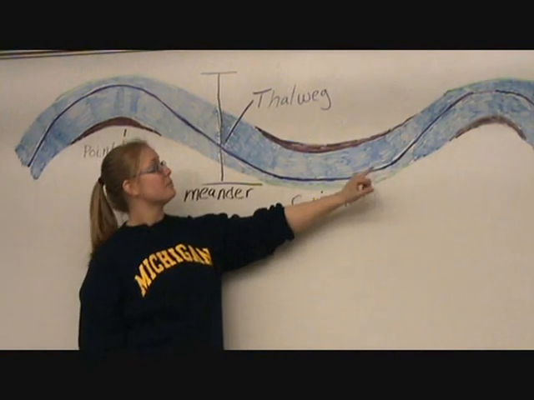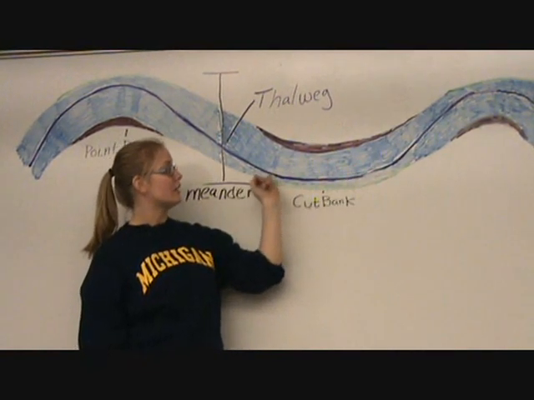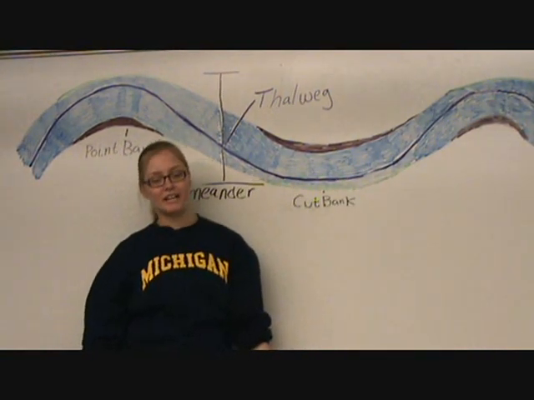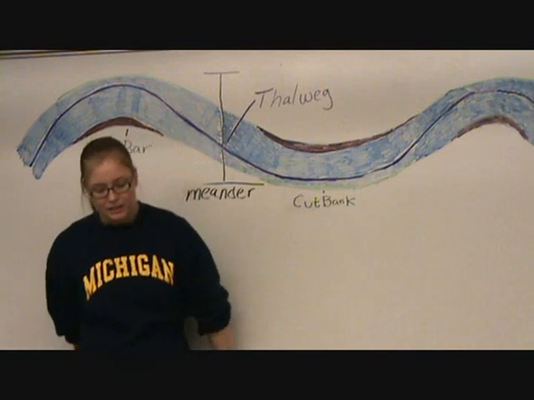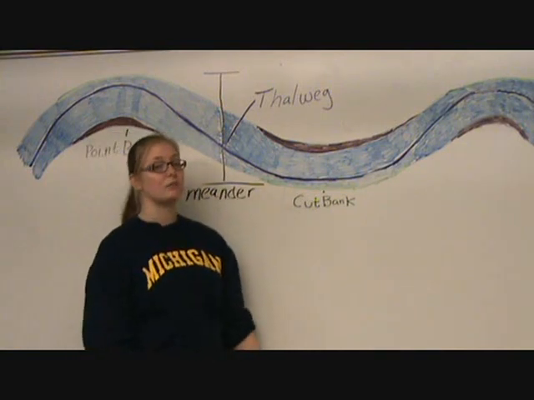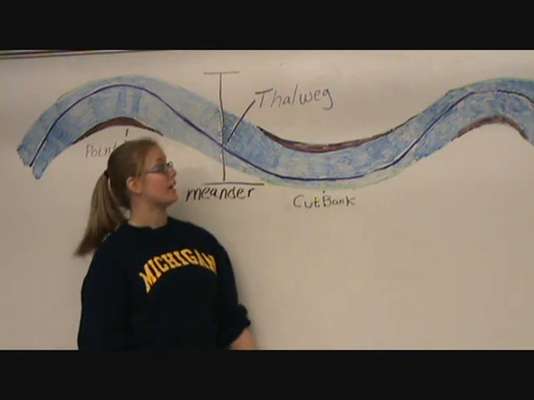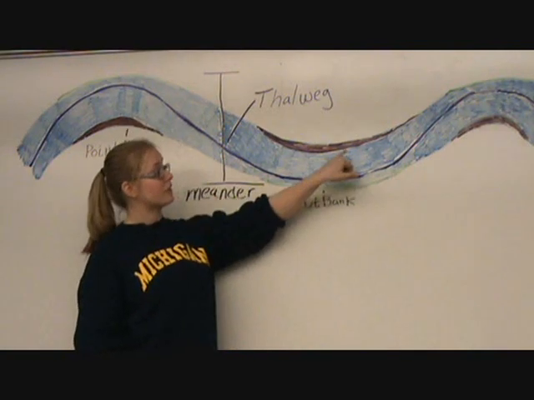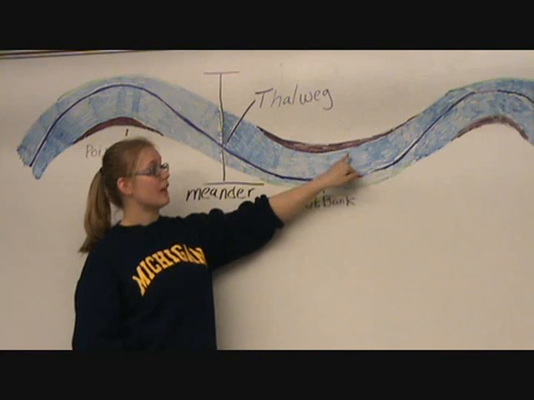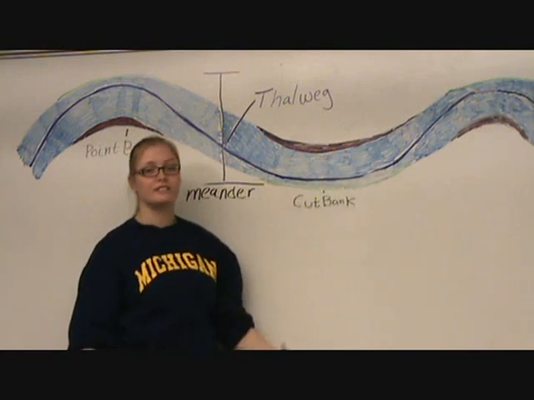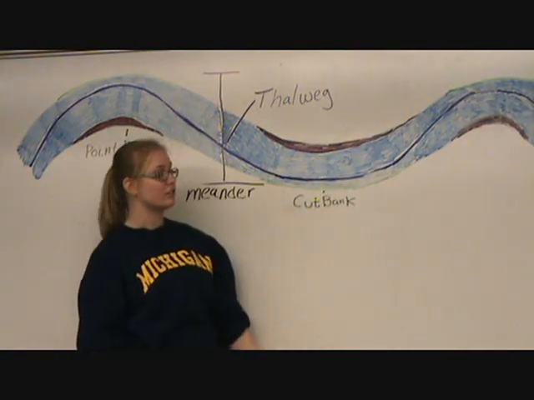The thalweg is the deepest point of a river. It usually corresponds with the area of highest velocity. Depending on its strength and velocity, a river is either depositing sediment or eroding sediment away. On the inside of a curve, where the velocity is slower, the water is depositing sediment, which results in a